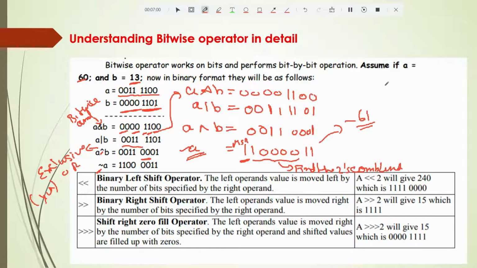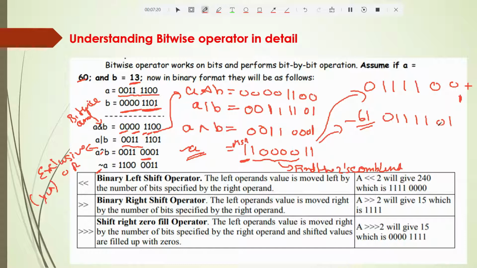The ones complement is simply flipping the bits, so you get 0 1 1 1 1 0 0, plus 1, which is 0 1 1 1 1 0 1.